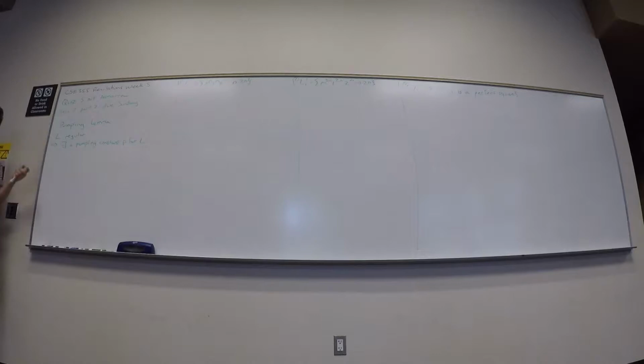Yeah, since L is regular, there must be some DFA for it, and therefore it has some number of states. I'm imagining P to be the number of states in the DFA. Why do I want P to be the number of states in the DFA? Then what type of behavior are we trying to see when we feed strings into this DFA? Yeah, we want a state to be repeated, right? Because what we want this lemma to say is, if I know what happens when I feed really long strings into this DFA, then I know what a lot of other strings are going to look like.